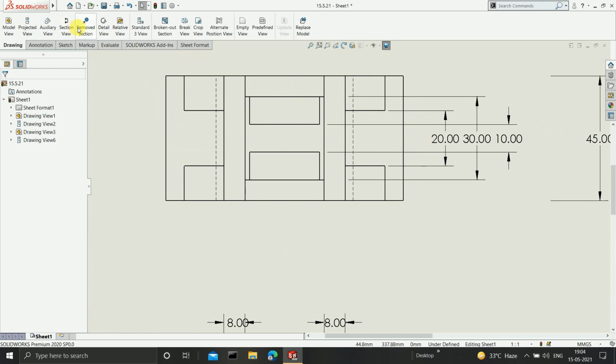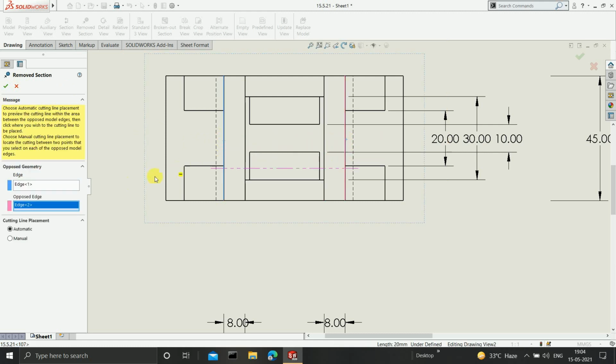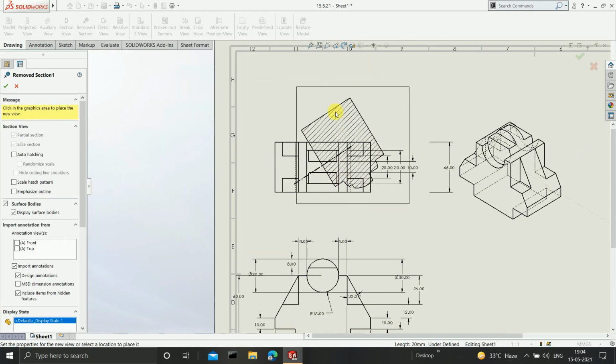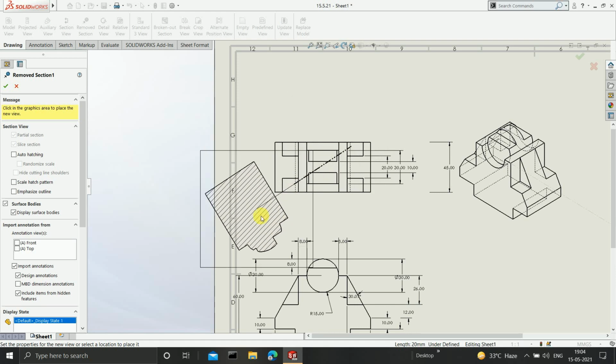But if I select remove section and I want the model to cut only from this particular edge till this edge, that is only this portion and not this and not this, then I am going to select the remove section, where I select edge 1 and the opposite edge. And here I will select manual and I want to cut in between these two edges only. Whatever is going to get cut is going to get cut in these two edges only. So I'll click on OK.